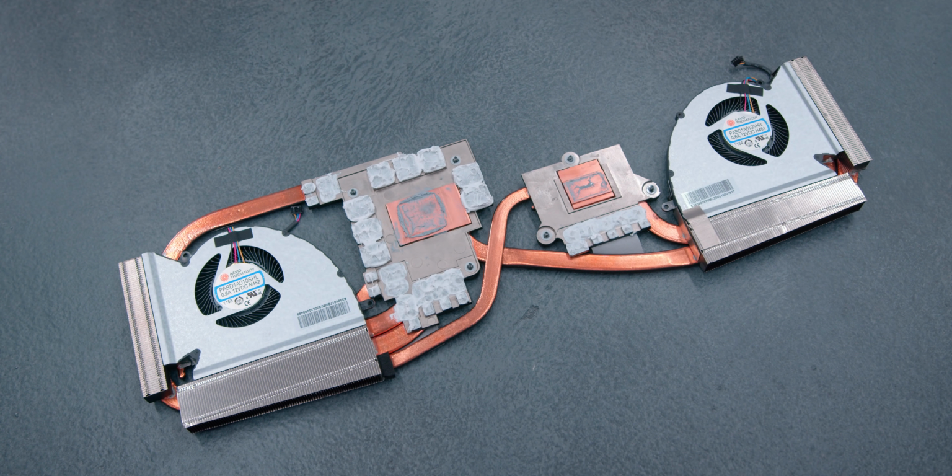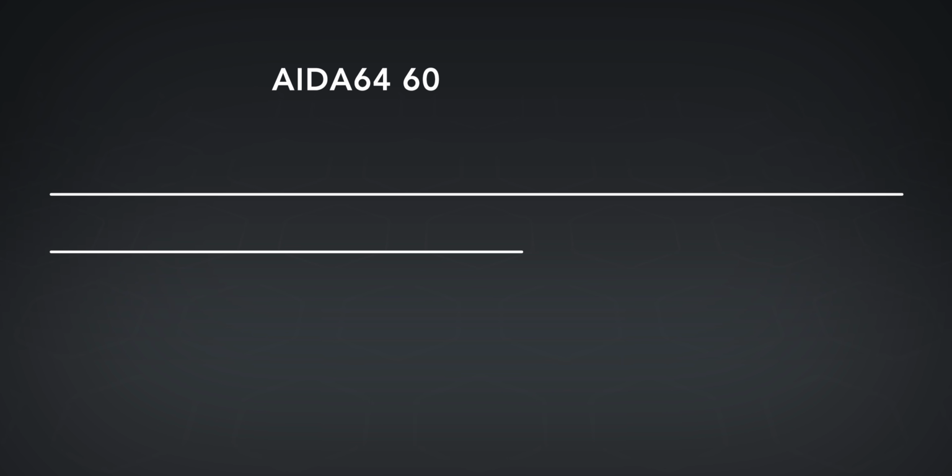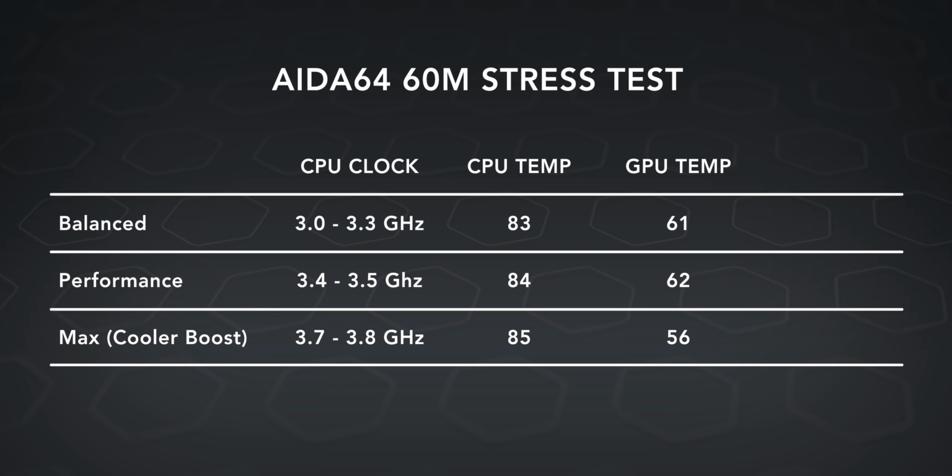Because this is kind of like the tried and tested simple heatsink and heat pipe, you can easily pop it open and tweak around with it if you're into that kind of stuff. Now, in terms of the default thermal performance, it's quite good for what's happening here. Because this is an unlocked CPU, it's just going to let it rip until it hits that thermal wall. And I'm actually pretty happy with the numbers. I do think that with some undervolting and a repasting, you could get some really impressive numbers on this particular